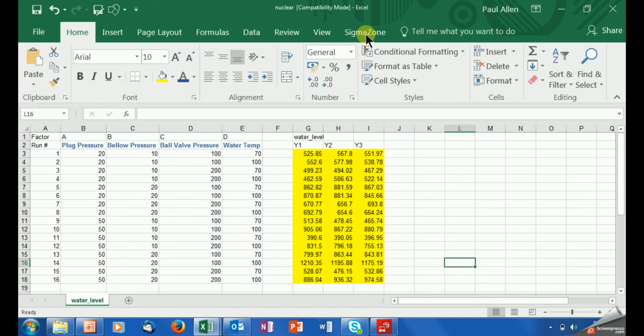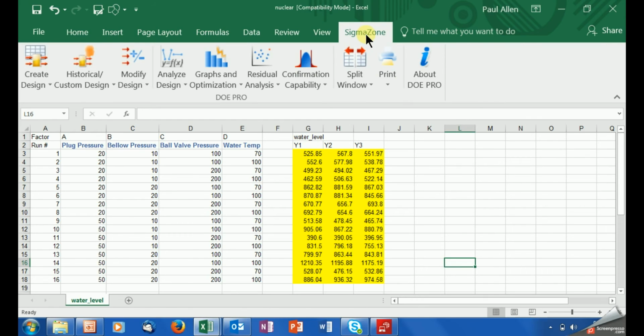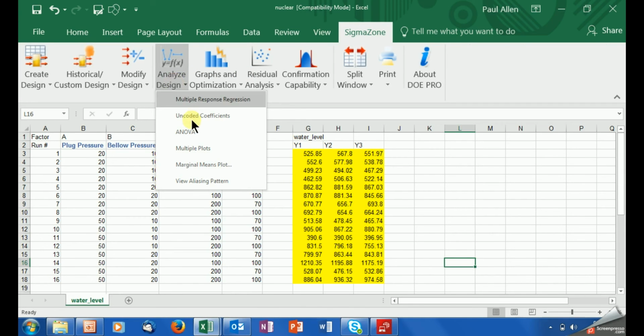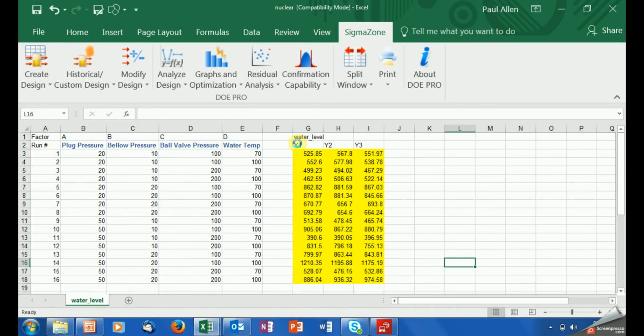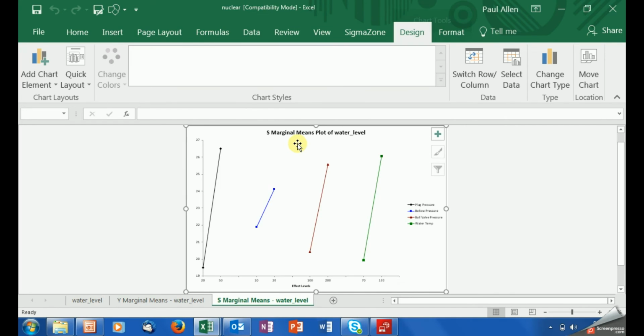So here we go, Sigma Zone. Now this is a straight full factorial, so I haven't done any screening beforehand, so I don't really know how this process performs. So when I go into Analyse Design, I'm going to stick with my original analysis, and I'm going to go to the marginal means plot, both y hat and s hat. Okay, up comes